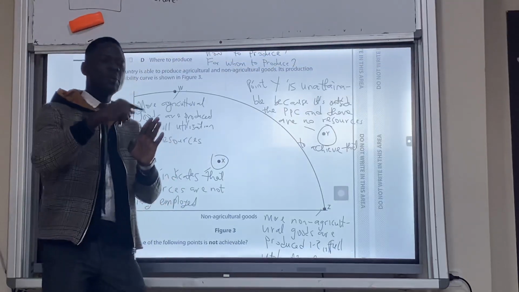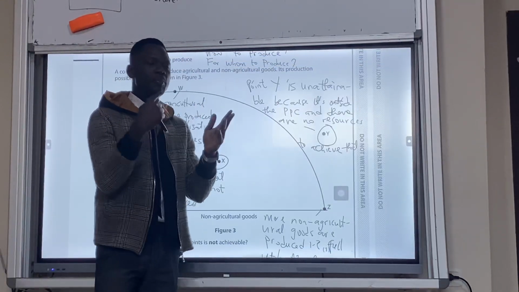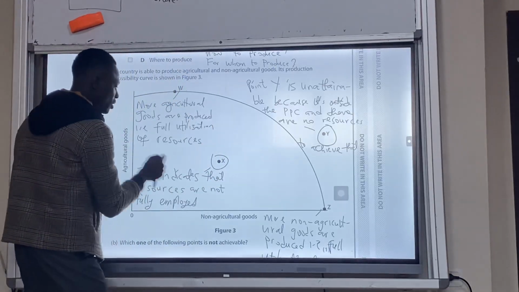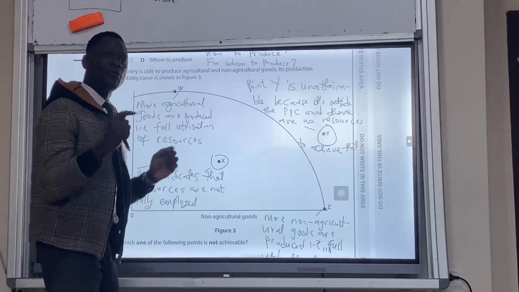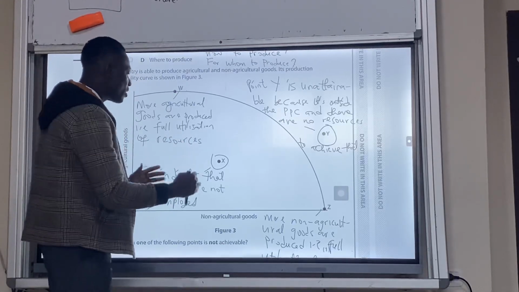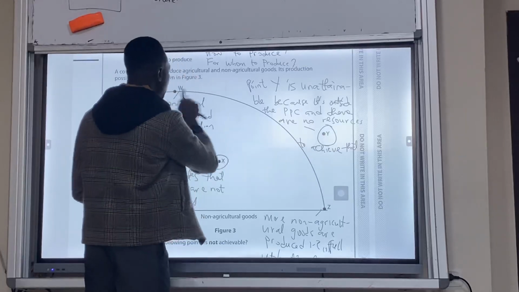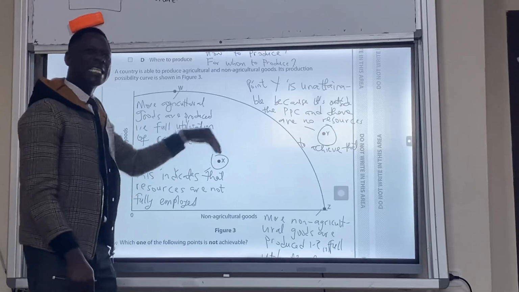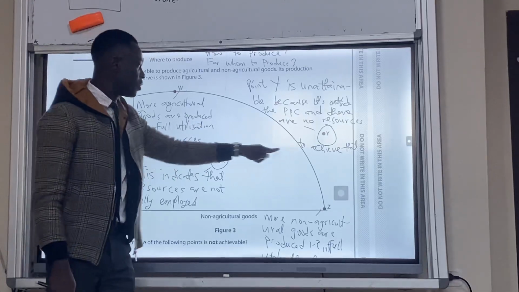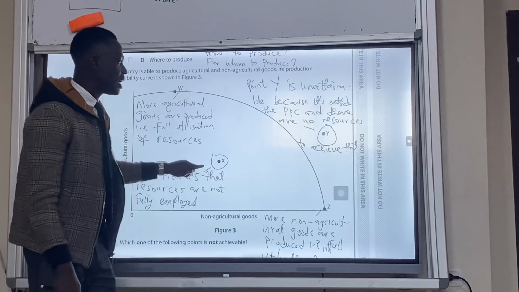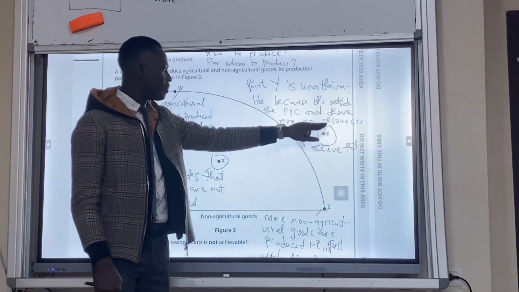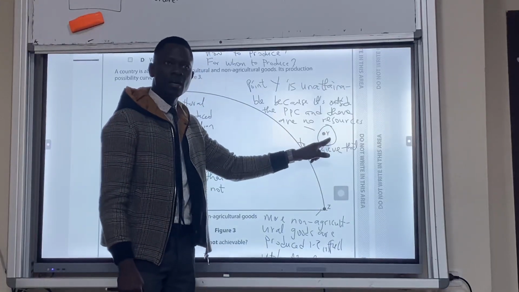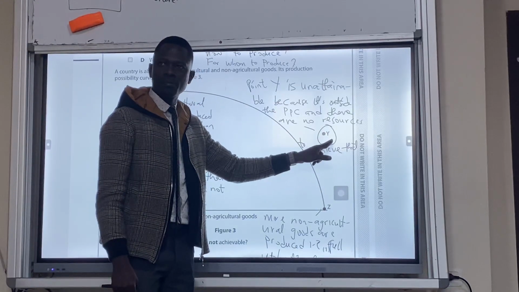Yes. Because we said a PPF or a PPC is the same, a production possibility frontier or a production possibility curve. It's a graph that shows the combination of goods that can be produced if all resources are fully utilized. So all resources are fully utilized if the production is between the boundaries, within the boundaries. In here, point X is inside the boundary, which means we can still do further. So that means resources are not fully utilized. Therefore, point Y. Point Y means it is out of the PPF. We don't have resources to achieve anything here. Do you guys get what I'm talking about here?